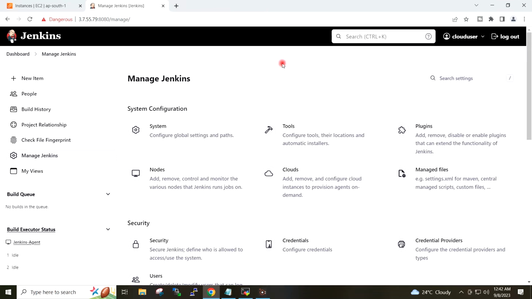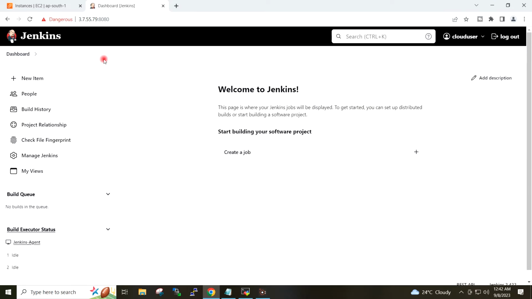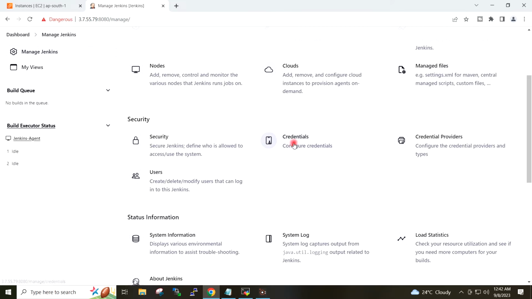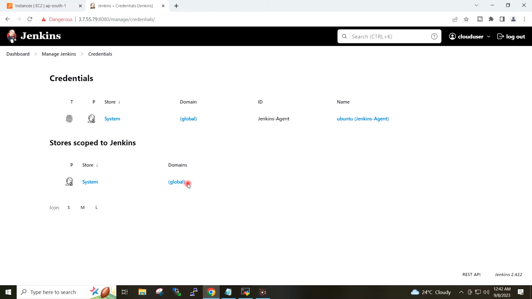I will now go ahead and add the GitHub credentials to Jenkins. So I will go to the Jenkins dashboard, Manage Jenkins, credentials under security, and here in the drop down I will click on add credentials.